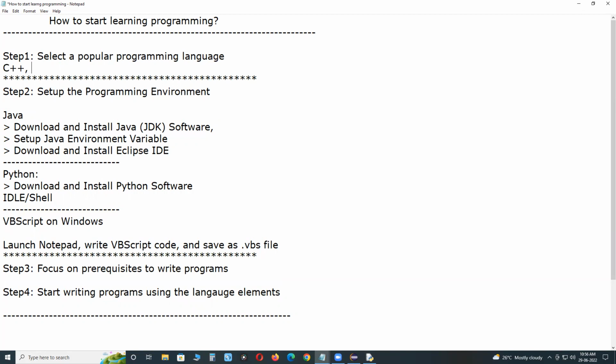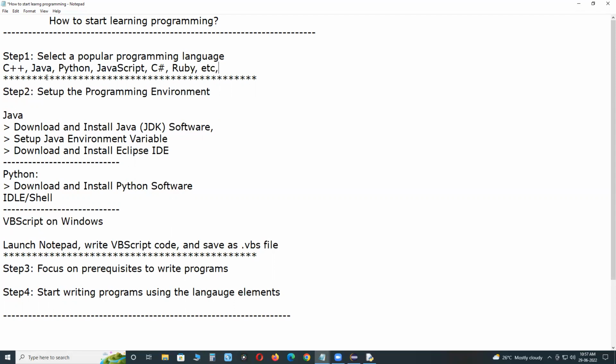Okay, C++, Java, Python, JavaScript, no relation between Java and JavaScript. C#, it is also a popular language, OOPS concept. Ruby, etc.